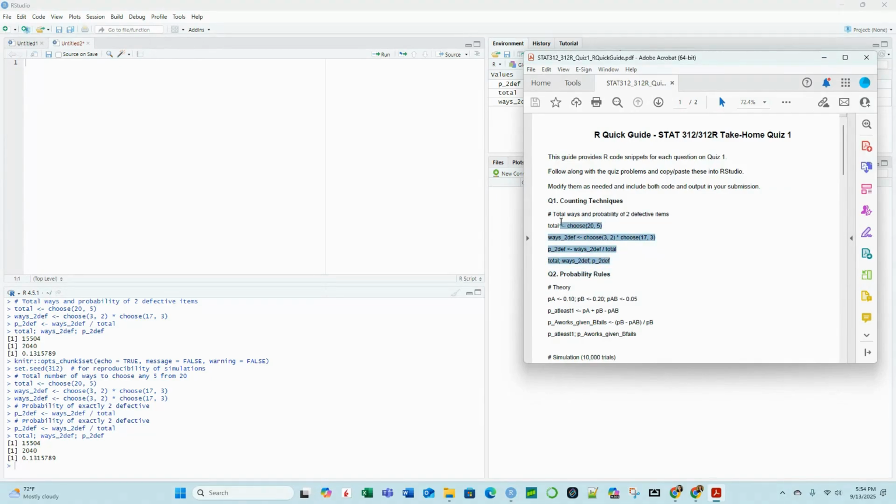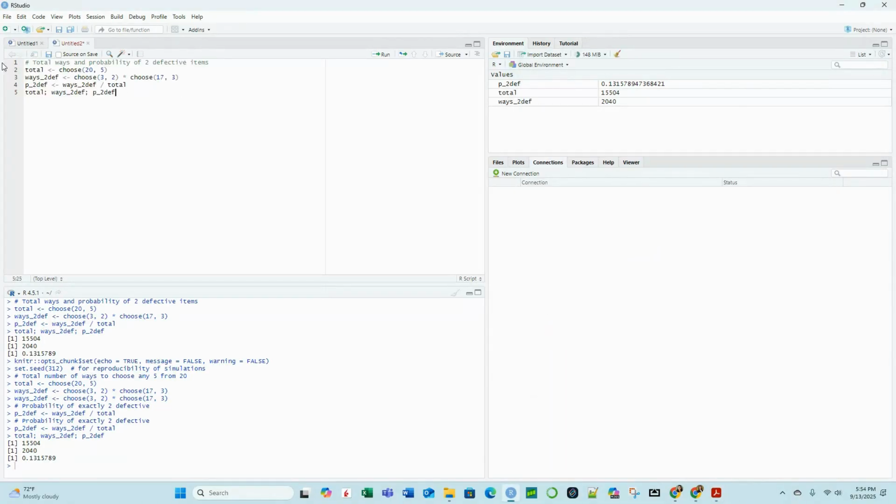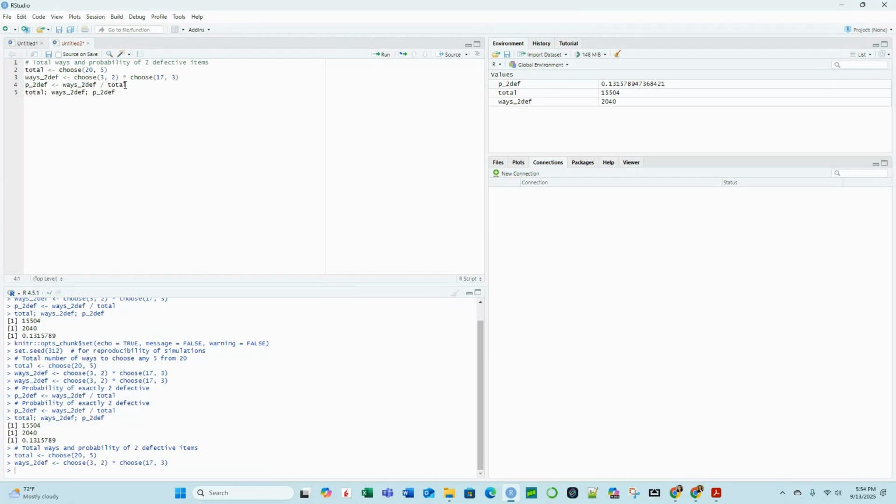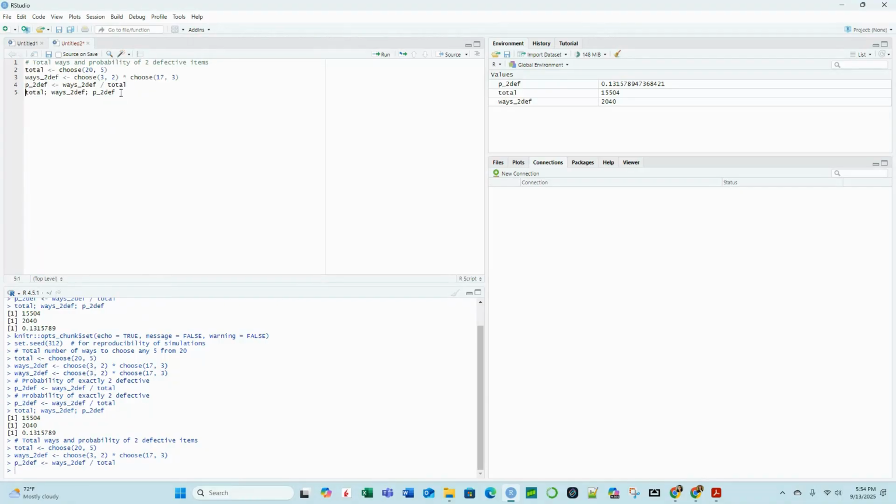Again I will copy all of this and paste it here. Then you will see that all the program codes came. You can run all the codes together, but I suggest it's better to run them one by one, and then you will see how the program is running. So first go to the end of the first line and press Control Enter. You will see that it automatically runs the total here, and here also Control Enter, and on the last line Control Enter, and